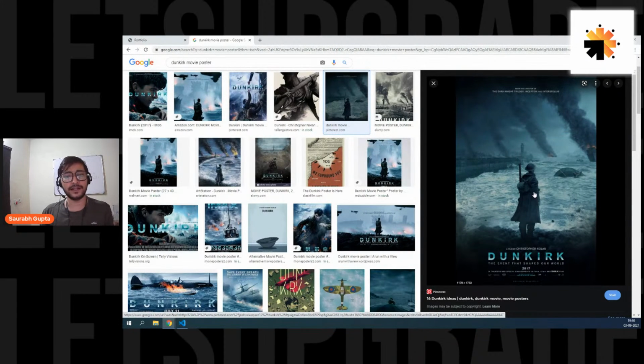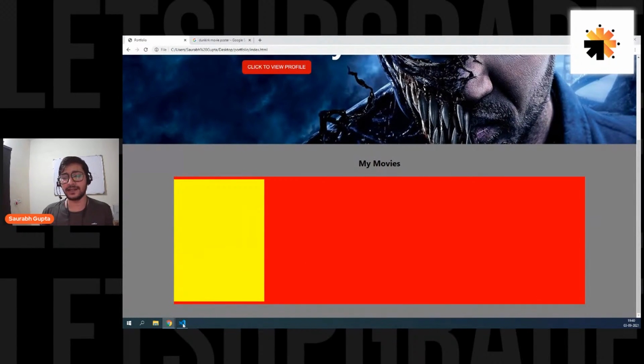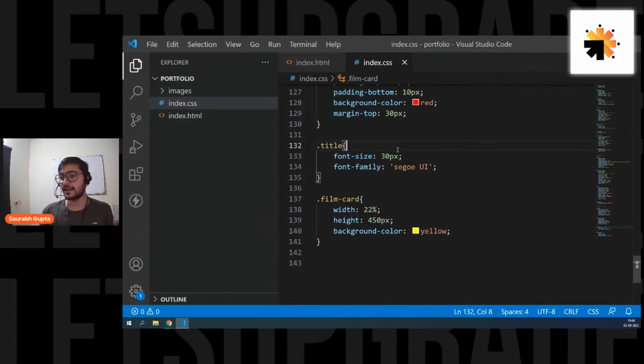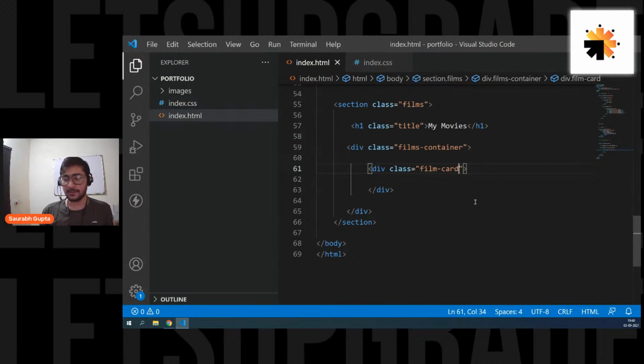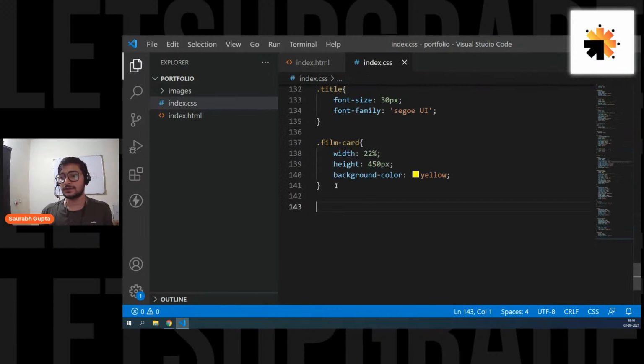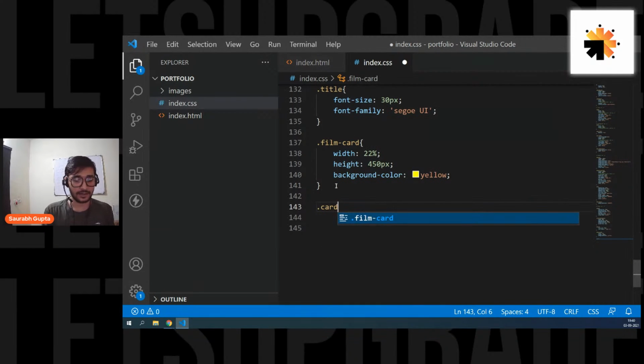Okay, I'm not downloading it, but you can just download it and use it. You know how to use it. And again, I'll go here. One more thing, guys, I'm going to give it one more class like card-1, so that I can apply some other CSS with this class. So let's go and give dot card-1